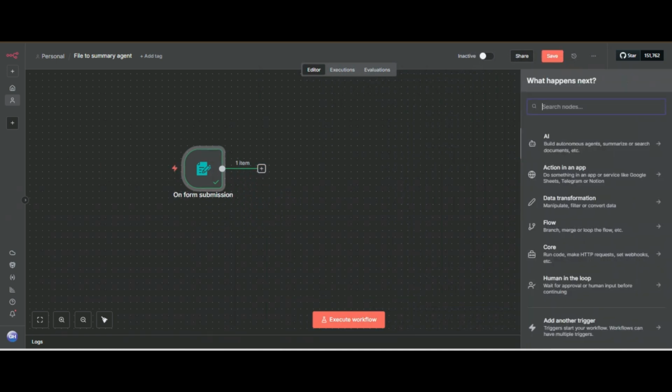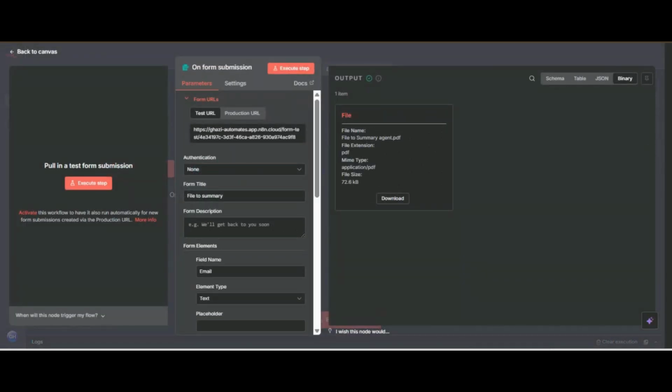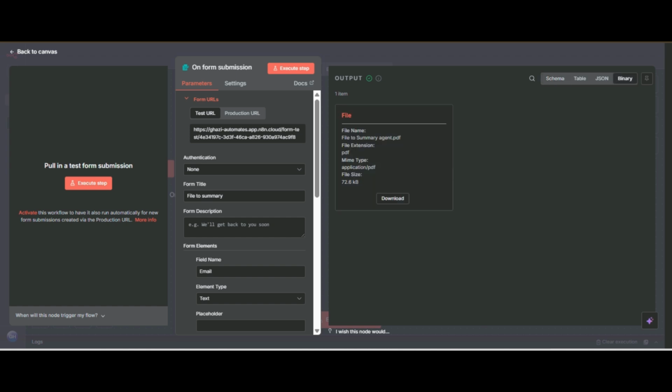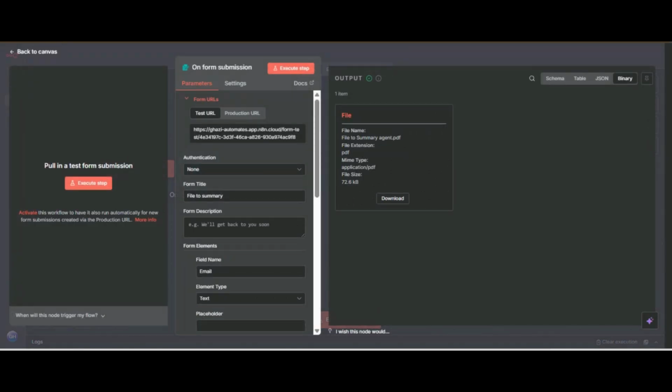You can see here we received a PDF file and an email. Because the AI agent right now has no ability to retrieve the information from a file, we have to convert this file to text, meaning we have to fetch all the details in this file.